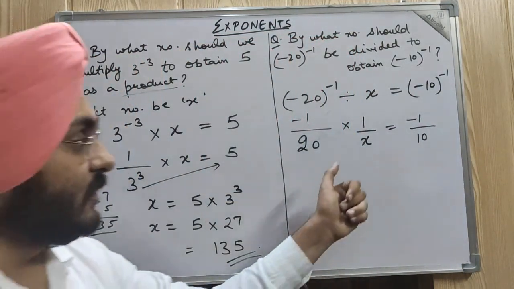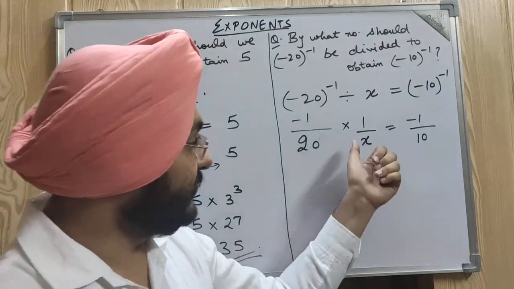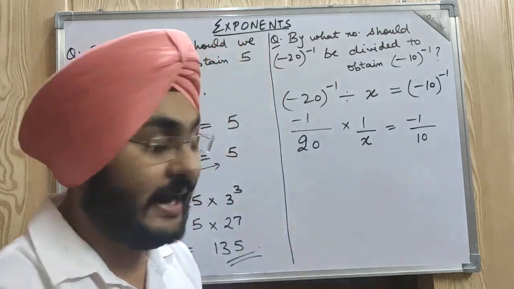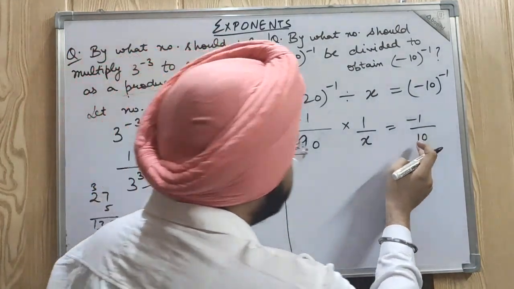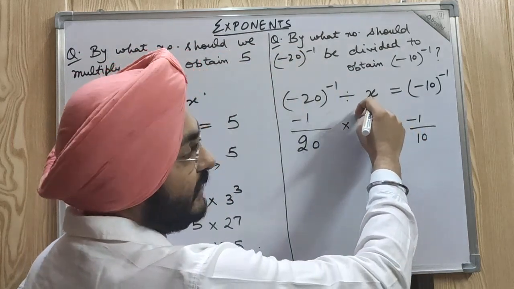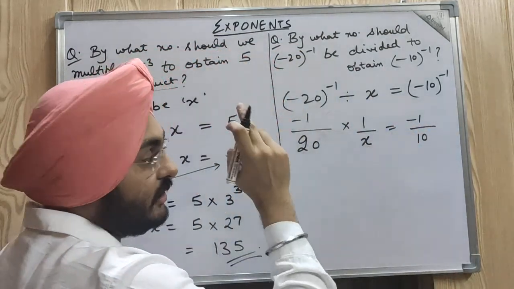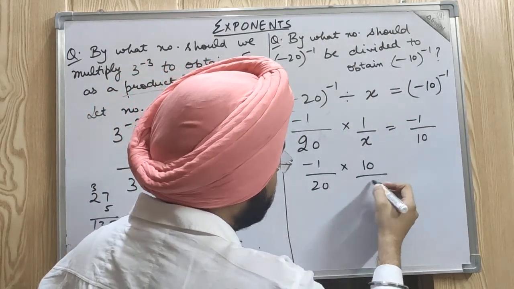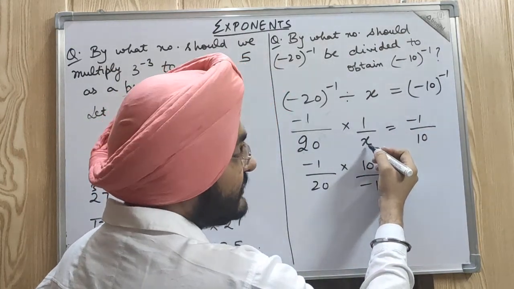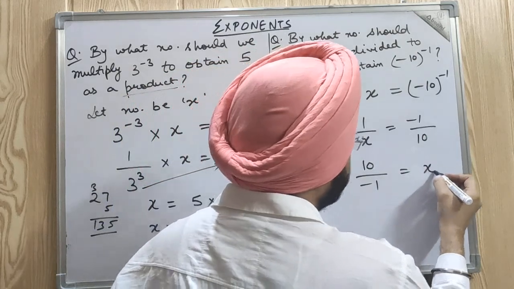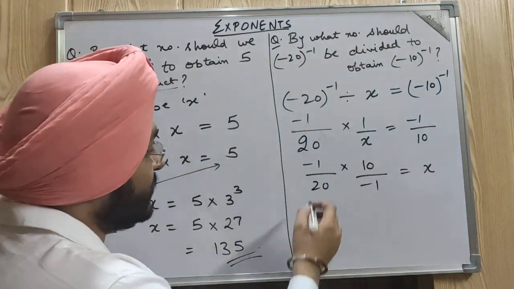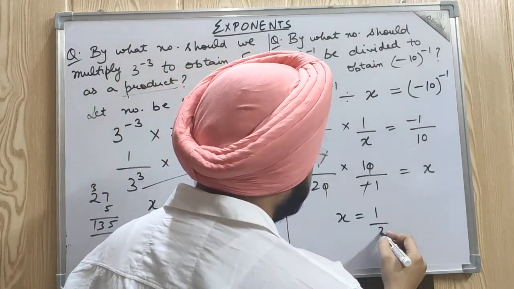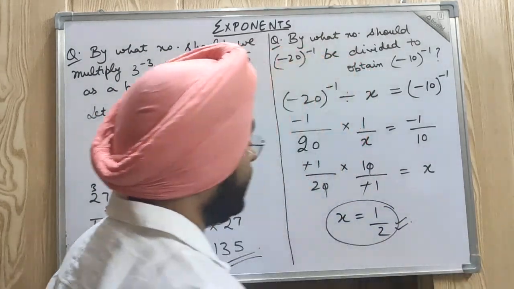So now what we have to find out here? We have to find the value of x here. And you know the value which we have to find should be in the numerator only, and it should be alone as well. So now I am taking this 10 to the numerator and this minus 1 to the denominator. Can't I write in this way? Now this x is in the denominator, so it will go to the numerator. On solving this, I can find the value of x here. This negative and negative will get cancelled out, this 0 and 0 will cancel. So the value of x will be 1 by 2. This will be our answer here.